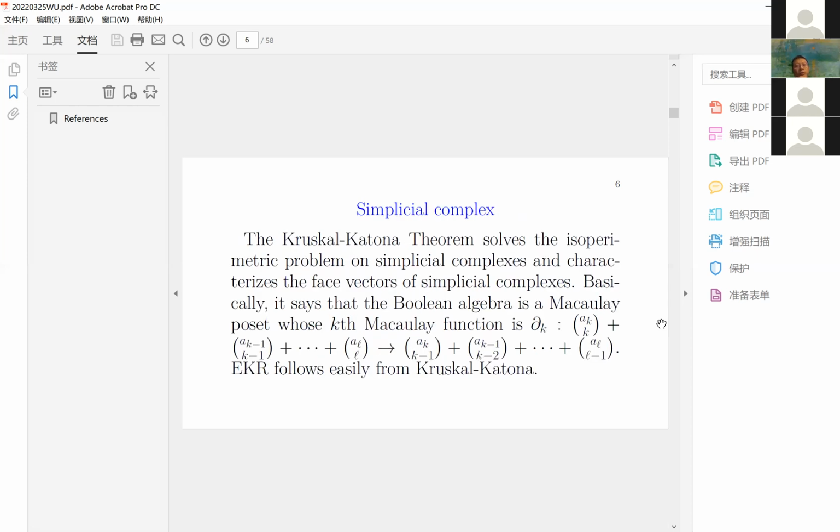So we look at the simplicial complex. These are very famous results, the Kruskal-Katona theorem. Basically, these results characterize the face vector of simplicial complexes without any constraint, as long as it is a downset in the Boolean algebra, and we want to look at its face vector and see if there is any characterization. Basically, they say the Boolean algebra is a Macaulay poset, and so